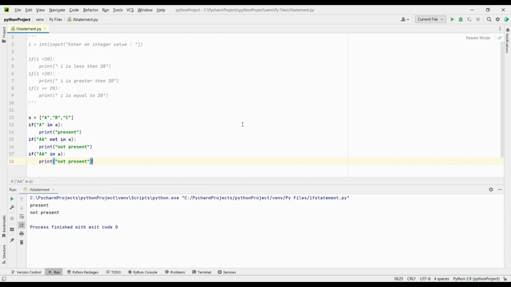When executed, the first if condition evaluates to be true as capital A is present in the list, so it prints the value as present. The second if condition is also evaluated to be true as it's checking if AA is not present in the list. This is true as AA is not present in the list, so it prints the string as not present. The third condition is evaluated to be false as AA is not present in the list, so it skips the print statement